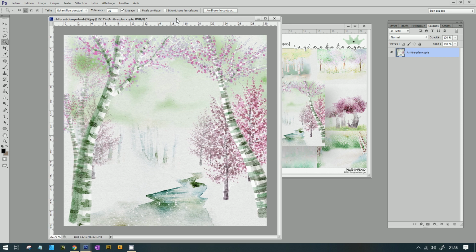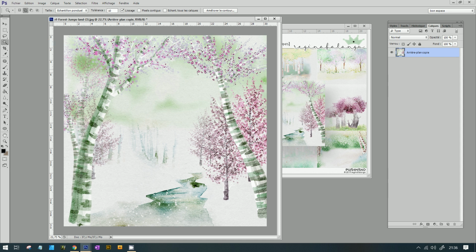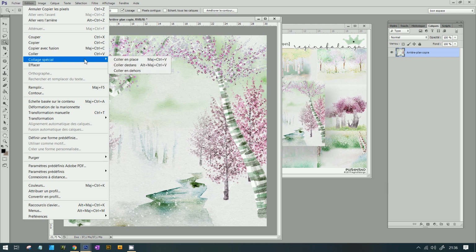So you have two ways to use it. You can do edit, copy, paste, and now special paste here in the same place.